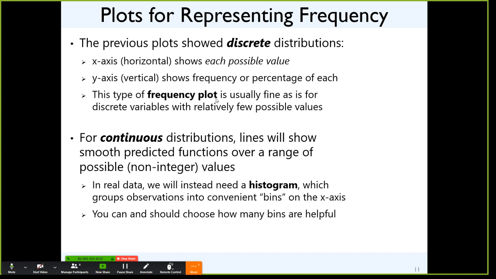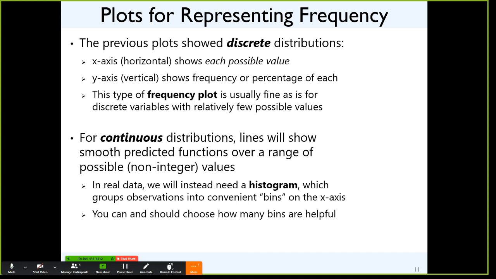In that case, the type of plot that you would typically make is what's known as a frequency plot, where you simply show the number of cases in each category. There's no rounding or smushing or finagling. If you have a variable that's truly continuous, something like heart rate, or response time, things where you're measuring it to some sort of level of precision,